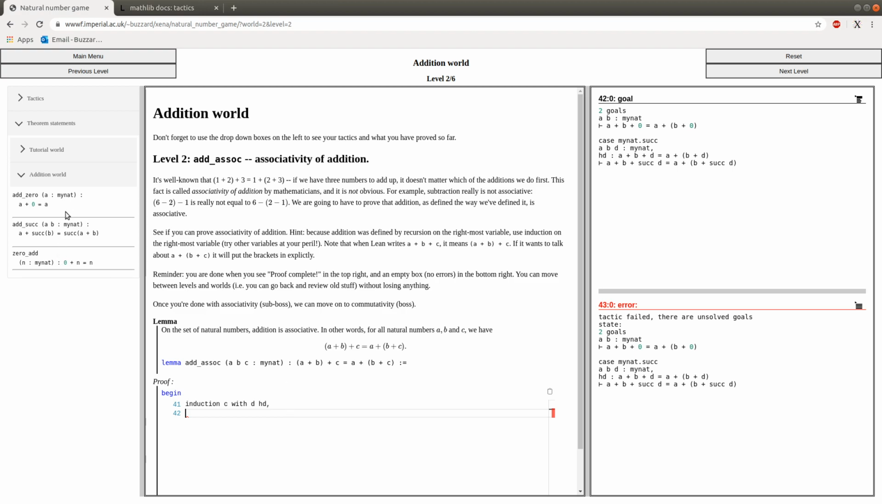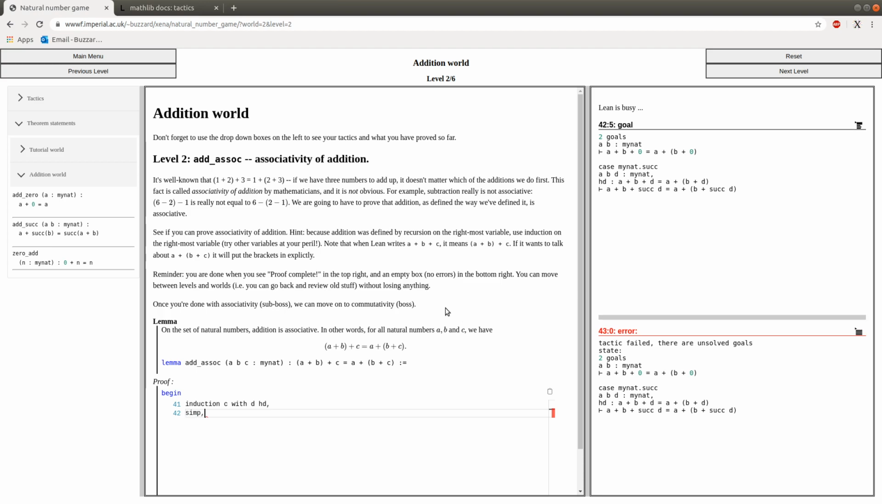But at the minute, most of our theorems are about what's happening on the right. We've got add suck, but we don't have suck add, you see. And so it's always best to do induction on the rightmost thing at this point. So induction C with hd, you see, if I do simp now,